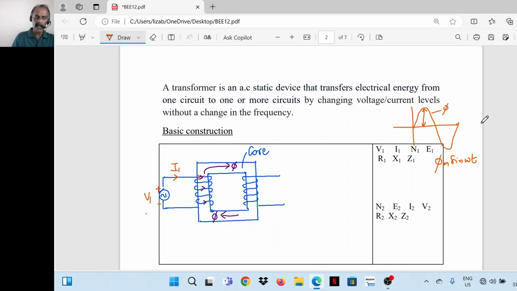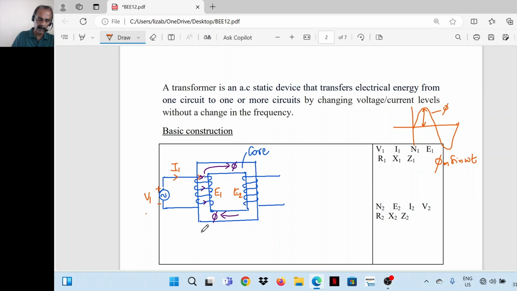So this is a time varying flux, and it induces an EMF in the primary winding as well as in the secondary winding. In the primary winding it induces an EMF E1, and in the secondary winding it induces an